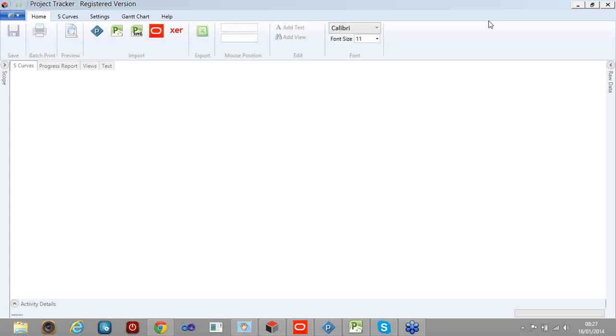So if there's no questions, I'm just going to show you probably the simplest way of importing data, then go through the functionality, and then look at the exporting via the other methods. So the first one I'm going to do, and the quickest one, is an XER import. In the install folder, there's a set of XER files. So if I just find those,